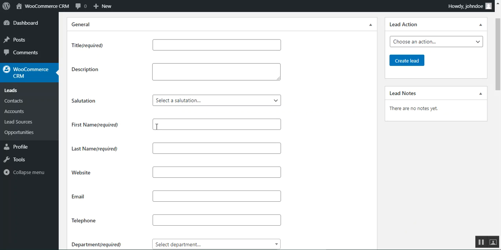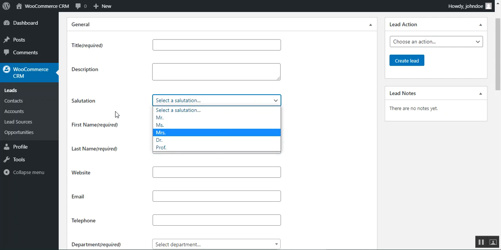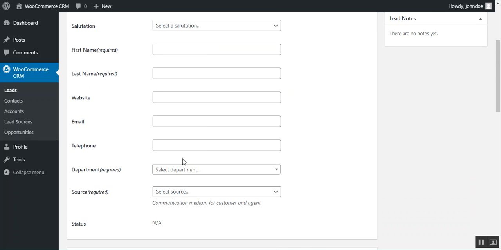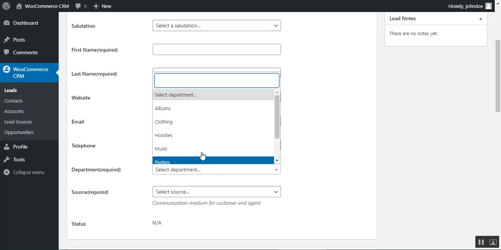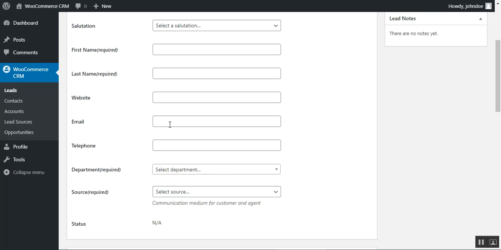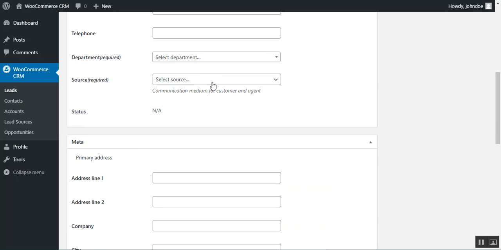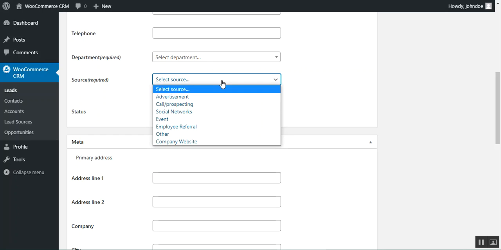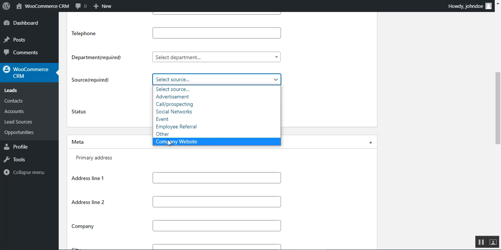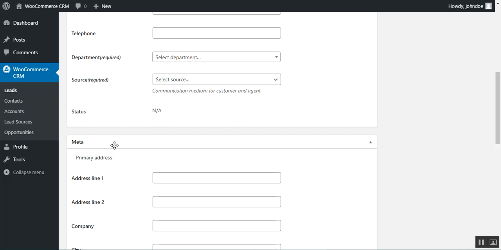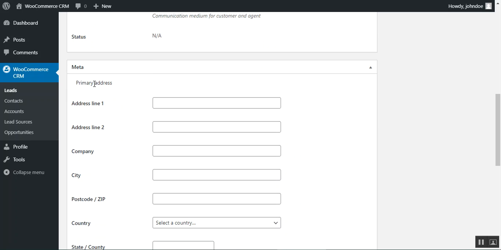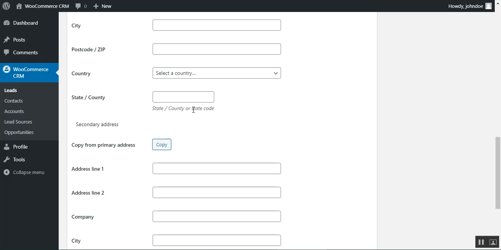Then you fill in the details here, like the title, description, salutation, first name, last name, website, email, telephone number, the department or the section, and the source, that's the communication medium for the customer and agent. So you can choose whether it was a call, an advertisement, a referral, or from the company website. Then you can set up the metadata here, like the primary address and the rest of the details of